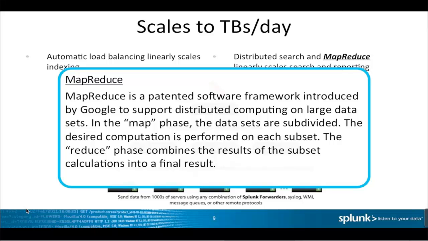The way I think of this is it's kind of like a multi-threaded process. A process will send work off to multiple threads, and when a thread is done, it reports back into the process, and you have a multi-threaded application going on. It's the same thing with how Google does its indexing, which is exactly how Splunk does its indexes, which allows Splunk to scale very, very large.